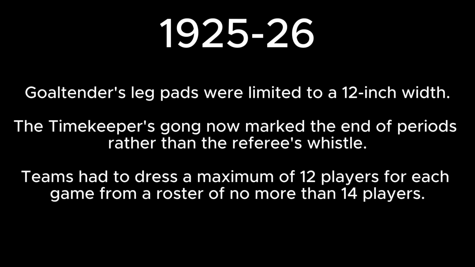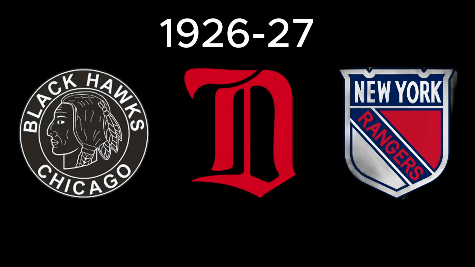Goaltenders' leg pads were limited to a 12-inch width. The timekeeper's gong now marked the end of periods rather than the referee's whistle. Teams had to dress a maximum of 12 players for each game from a roster of no more than 14 players. In 1926-27, expansion continued, adding the Chicago Blackhawks, the Detroit Cougars, and the New York Rangers, growing into a